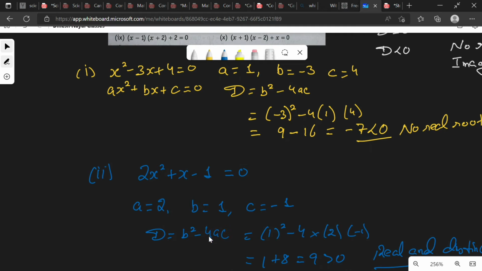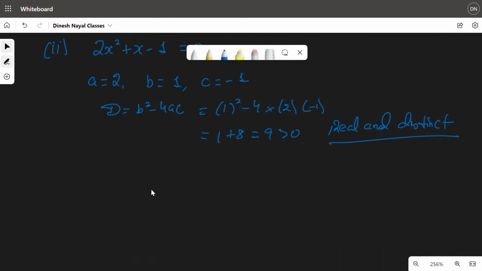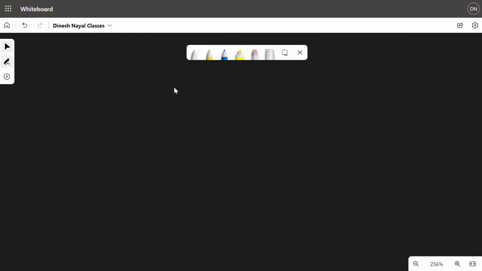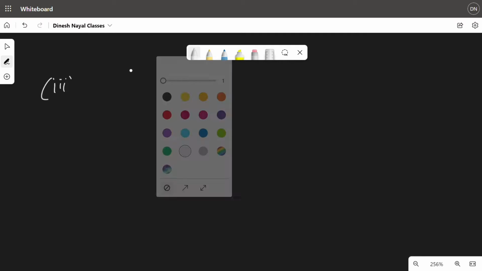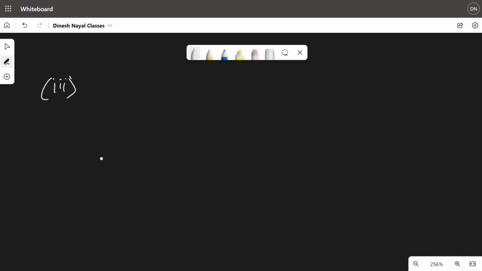So writing it over here, our third is 2x square minus 6x plus 9 by 2 equals 0. Now, on comparing it with the standard equation ax square plus bx plus c equals 0,